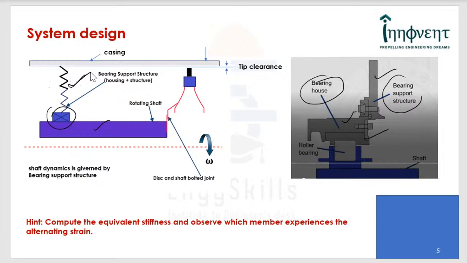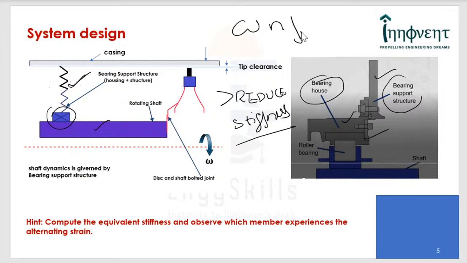Now you can see that one of the things that this support structure would do is reduce the stiffness of the system. Once it reduces the stiffness of the system, in fact the natural frequency of the system obviously goes down. That is, if the natural frequency goes down, the critical speed margin does get affected, because the natural frequency is generally kept above the operating speed, and once you have the natural frequency brought down, obviously the critical speed margins are compromised.